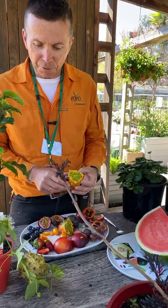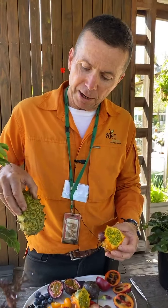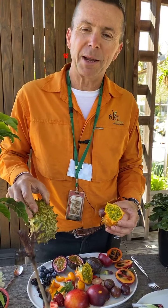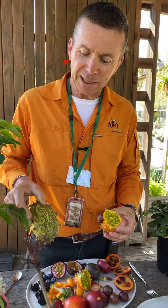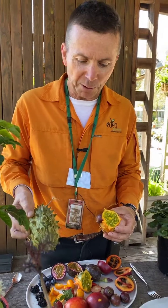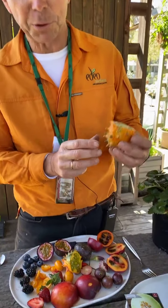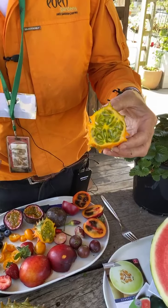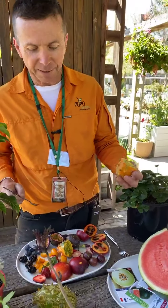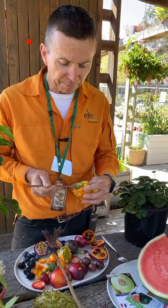Now the elephant in the room. A few weeks back, I gave the quiz question, "What is this?" and nobody came back online with the right answer. I think John did come and see me in store, and he told me it was a Kiwano, African horned melon, the only source of moisture in the Kalahari Desert for much of the year apparently. But it's in the melon cucumber kind of family, and basically there's a lovely pulp in here,